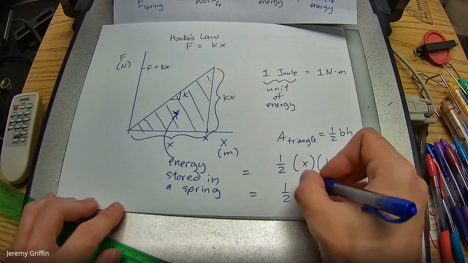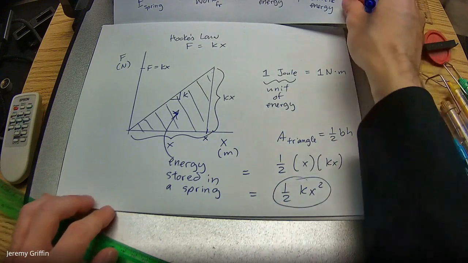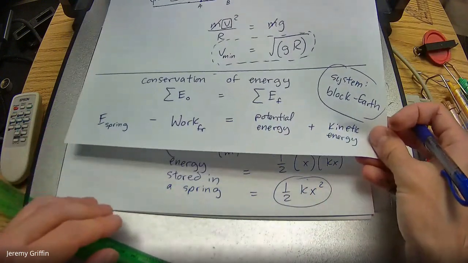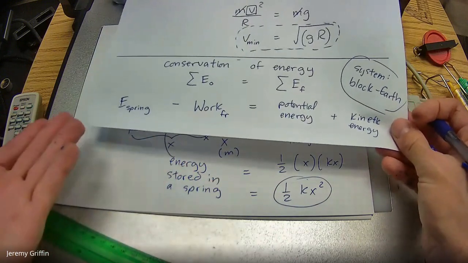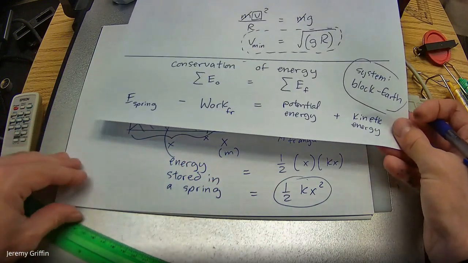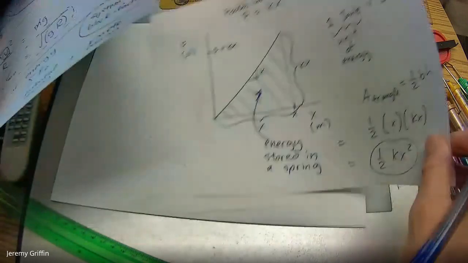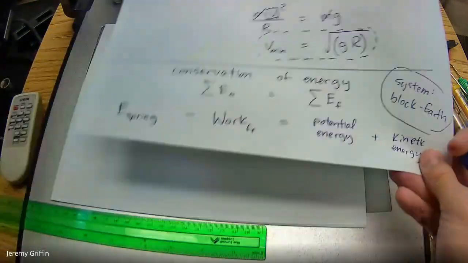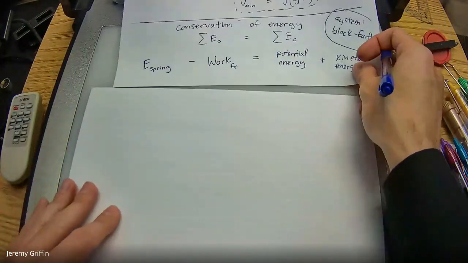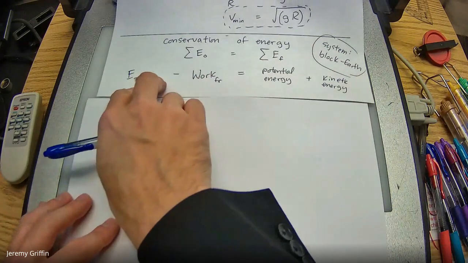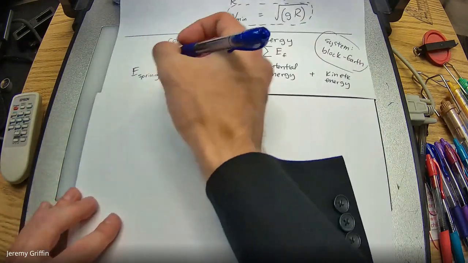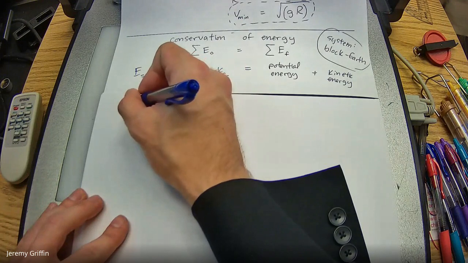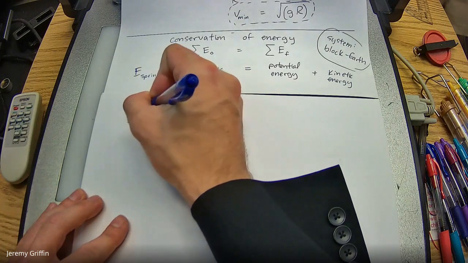So this is a new expression. You guys will see this in the future. I'm not going to explain all these terms right now, but I just wanted to at least show you guys one of them. So let's go back to right here and put this together. Here's where the energy is coming from. Here's where it goes to. So start popping in formulas. Energy stored in spring, 1/2 kx squared.